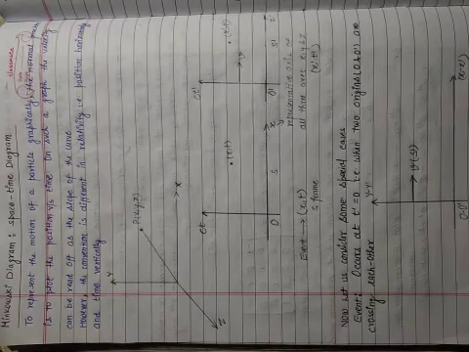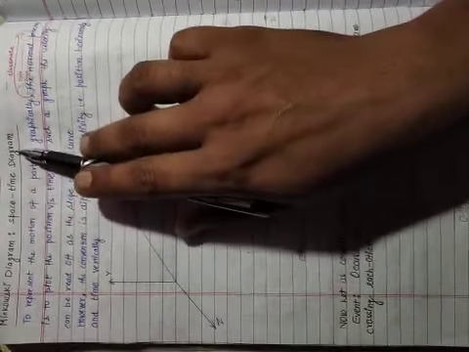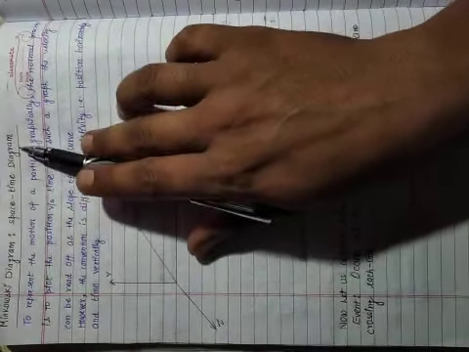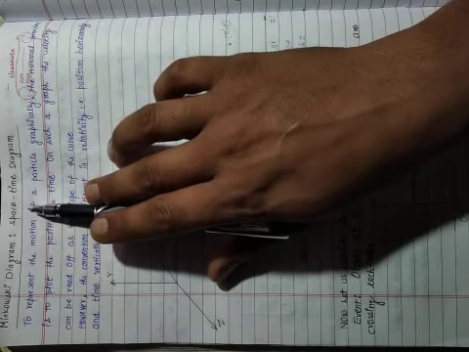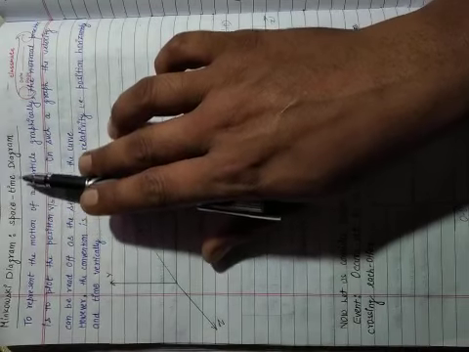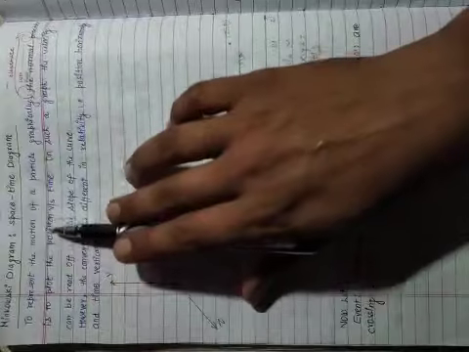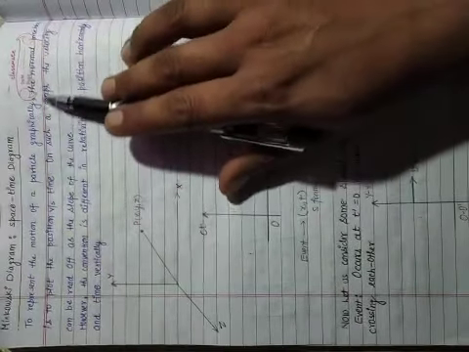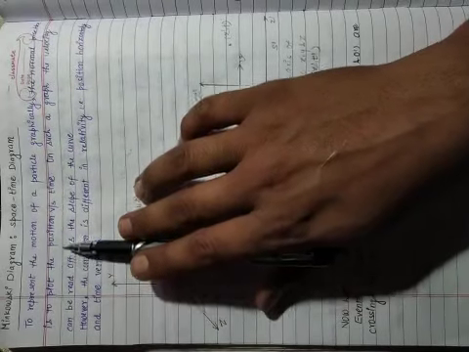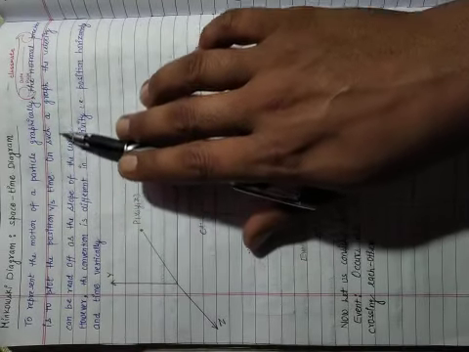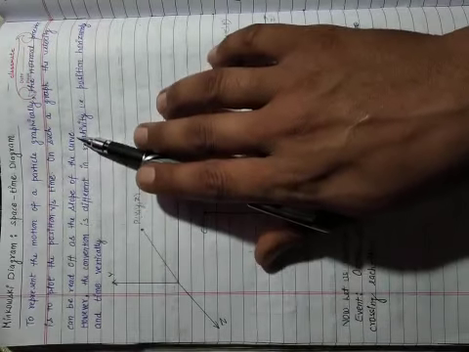The Minkowski diagram is also known as the space-time diagram. This means it has the coordinates of space as well as the coordinates of time. Now, to represent the motion of a particle graphically, the normal practice is to plot the position versus time graph. On such a graph, the velocity can be read off as the slope of the curve.